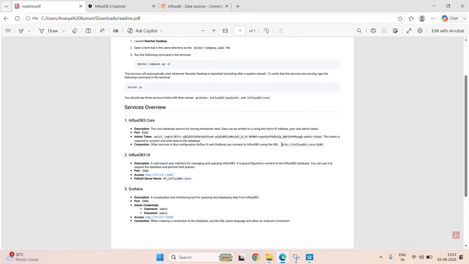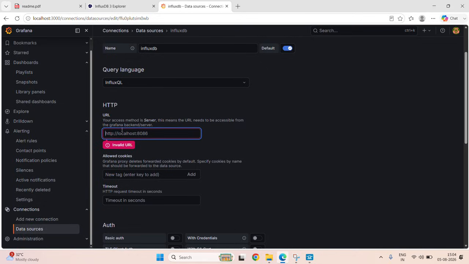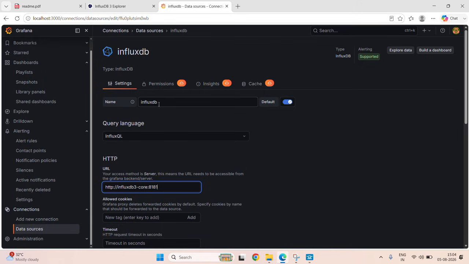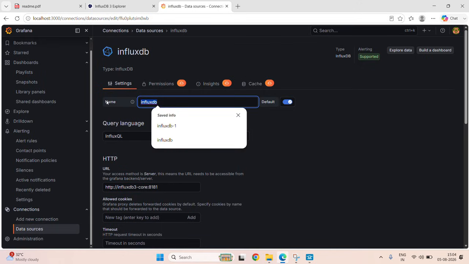So this is the link you have to copy. Here it is also mentioned that it is for connection. So paste it here and you can name your database from here. So let's say